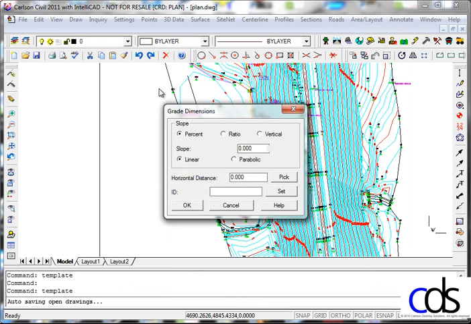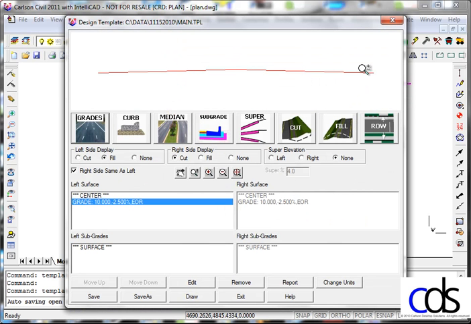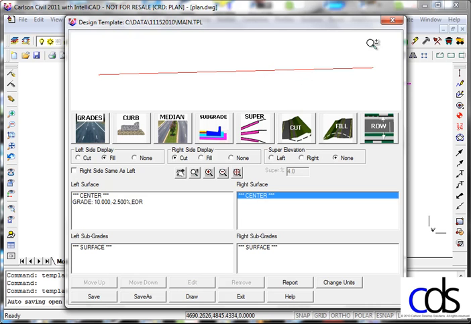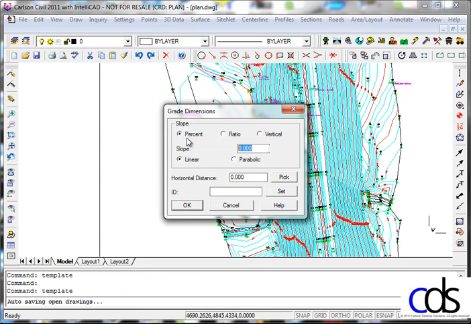I'm going to do a simple grade. I'm going to do a minus 2.5% slope, and I'm going to go out 10 feet to the edge of the road. Same on the left, same on the right. On the right hand side, I do want to make a little different scenario. I want to create a special ditch in here. So let's add in our minus 2.5% for 10 feet